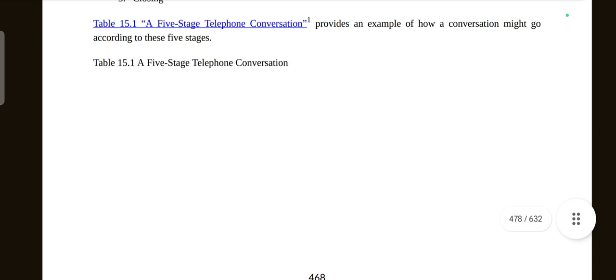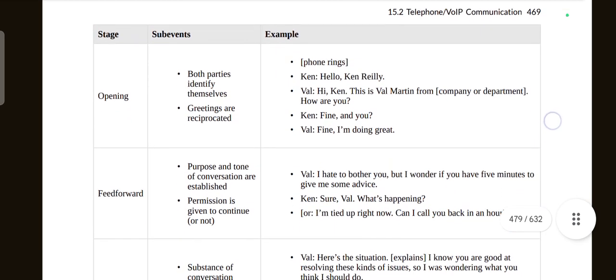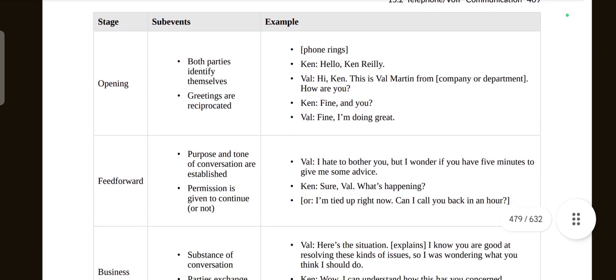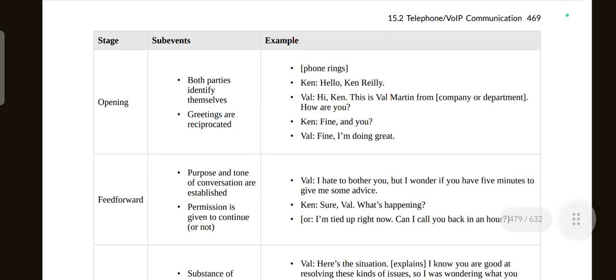So the title of table 15.1 is the five-stage telephone conversation. So for example, in the opening stage, both parties identify themselves. They will introduce themselves. They will greet and reciprocate. For example, when Ken says hello, Val replies, hello Ken, really,